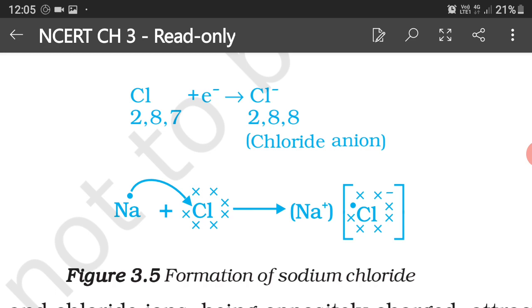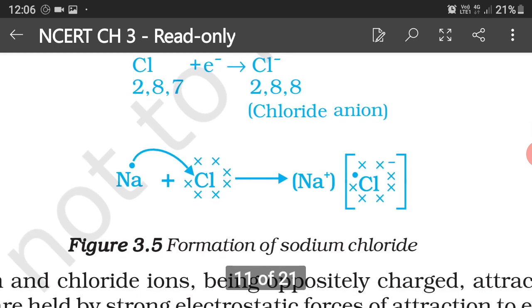Now let us see what the last step is. To write this ionic compound, sodium has transferred this 1 electron to chlorine, and thus in the product we have got a sodium plus charged ion and a chloride minus charged ion, but the valence electron of sodium has been shown with chlorine. Thus the sodium chloride bond is formed.